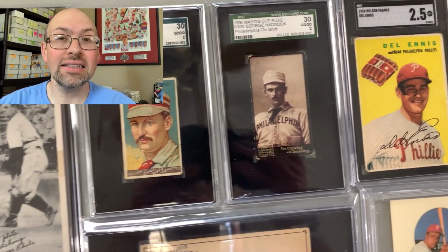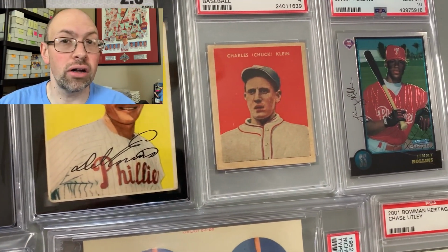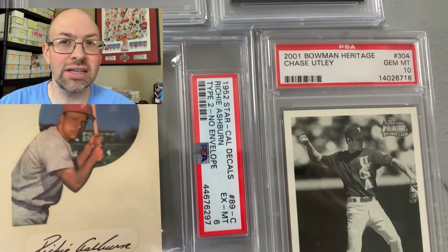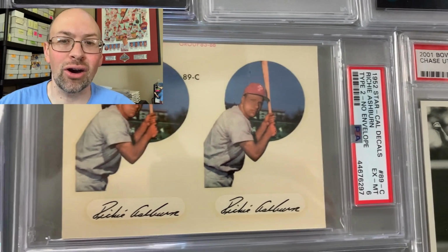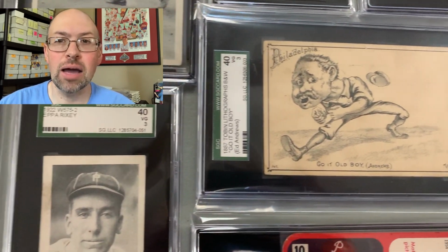For me, I like to get as many examples from different sets as possible. Now, the Phillies have a really long history. They've been around over 135 years, so I have plenty to choose from. Plenty of pre-war, which is really challenging, really difficult to find, plenty of vintage, and of course, like everything, new modern cards every day. But you can collect different players from different eras and have a good time, different varieties